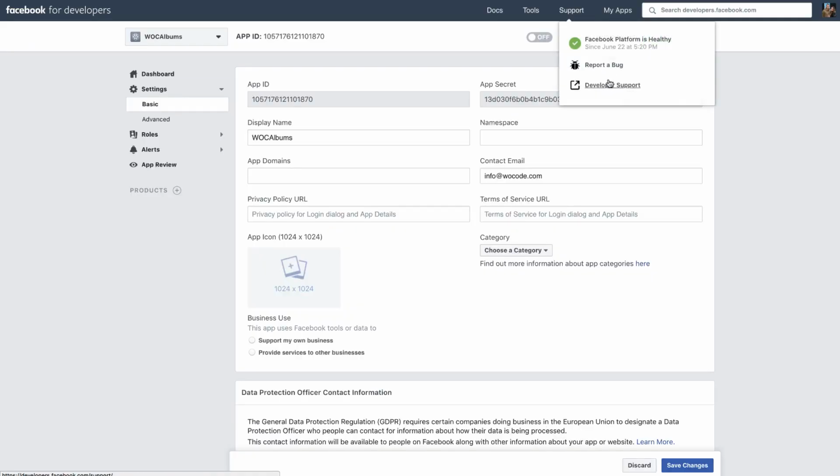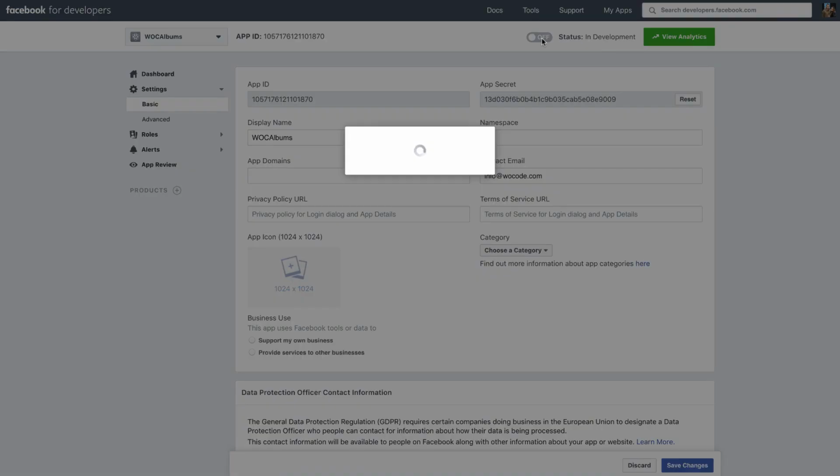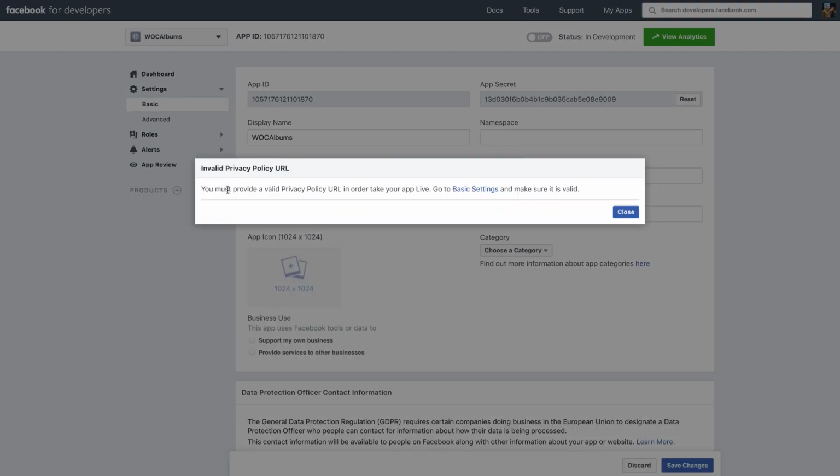So the last thing that we're going to do here is we're just going to turn the app on. There's a small toggle up here that says off and it's currently in development. Let's turn that on. And it says you must provide a privacy policy URL in order to take your app live. It's up to you what you want to include for this, but you just need to have a link